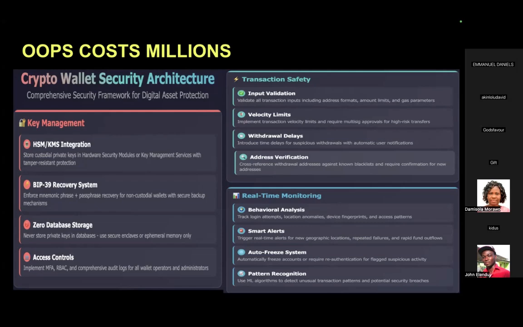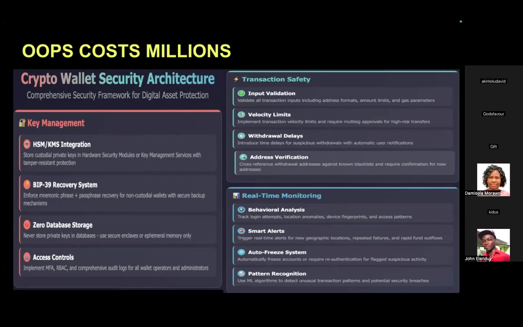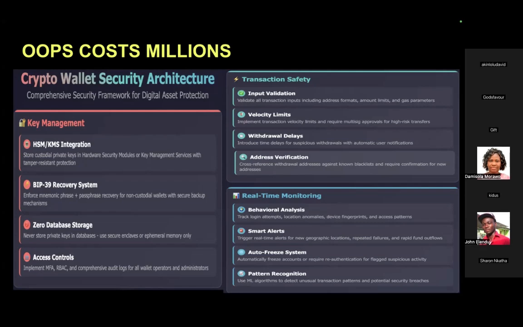Withdrawal delays: if there's any withdrawal delay, notify users. If they are unable to, not you, you are not the one confirming it, if they are unable to send that BTC in say under 10 minutes, notify them that something is wrong. You should at least know how to write the error message.